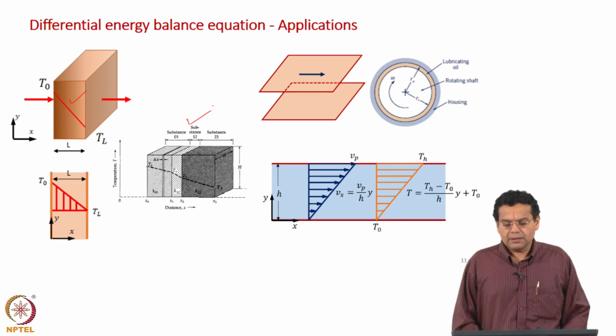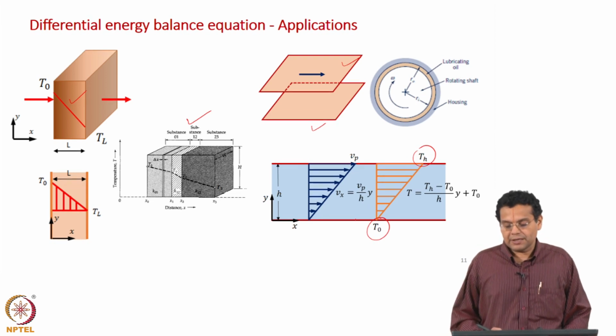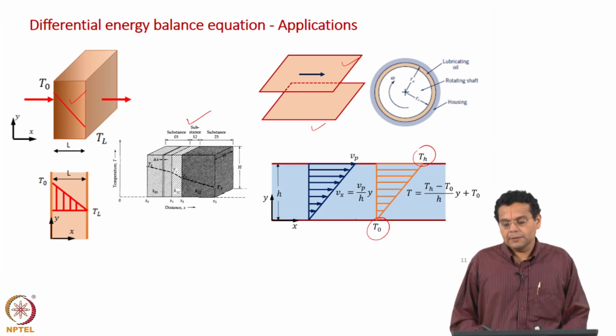And then we move on to our well known example of the planar Couette flow, bottom plate fixed, top plate moving, but now with a difference. We will consider the case where the bottom plate and the top plate are at 2 different temperatures. Our objective would be to find out the temperature profile, just like we focused on the velocity profile. Now, we will see how to get the temperature profile between the 2 plates. So, those are the simple applications which we will discuss as part of this course.